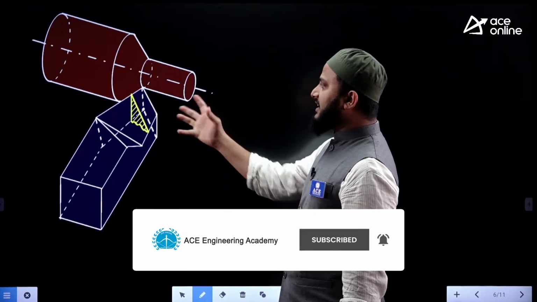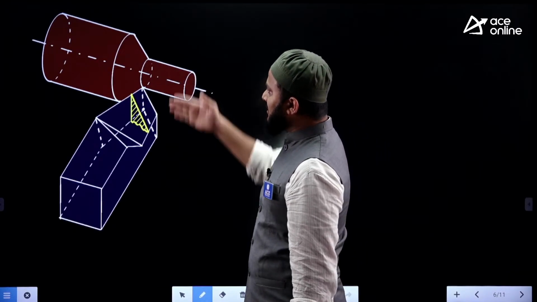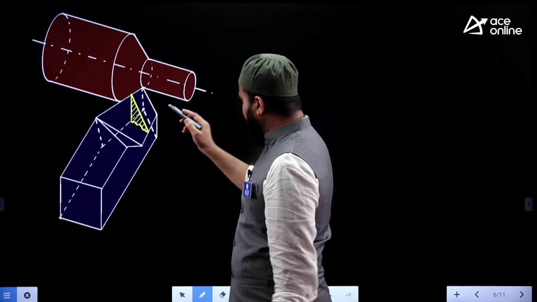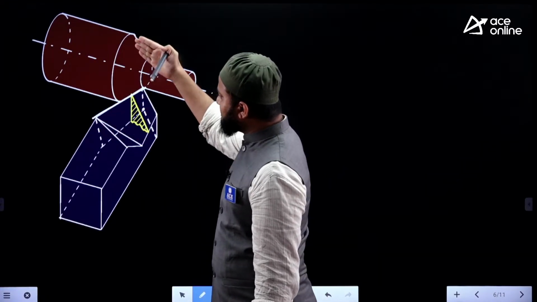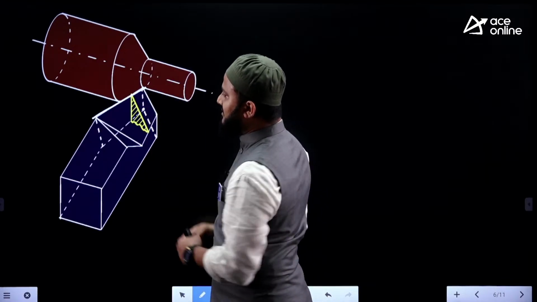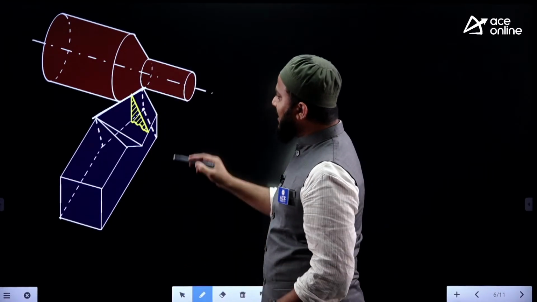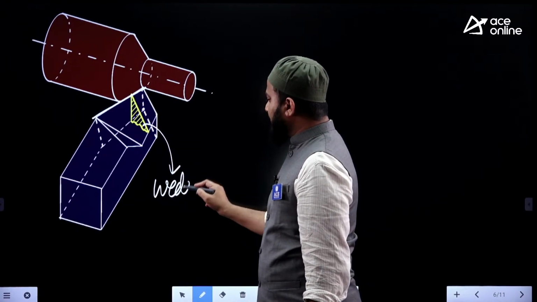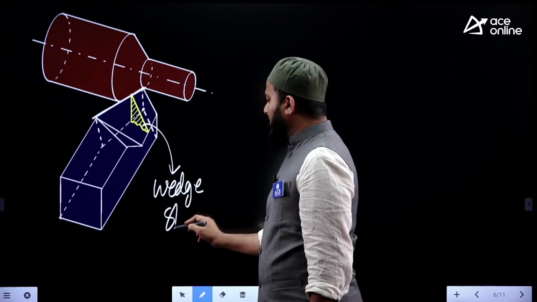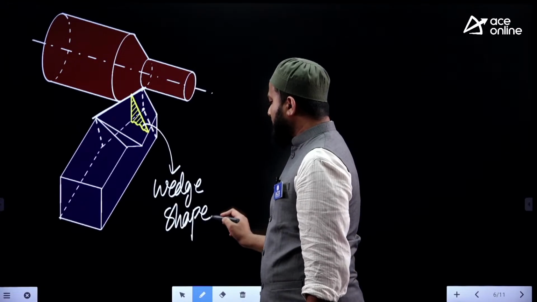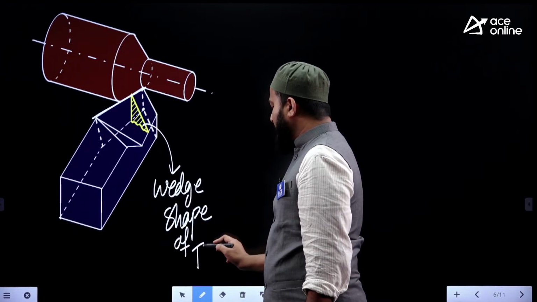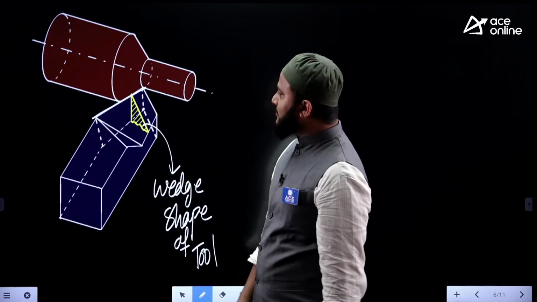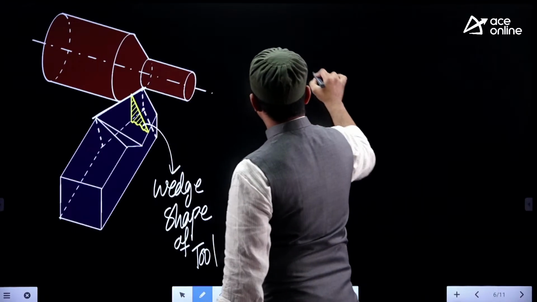That means on the 3-dimensional projection of the tool and workpiece, if I make the cut section with respect to the plane perpendicular to the cutting edge, that plane will contain the inside yellow colored portion of the tool, and we call that portion of the tool the wedge shape. Wedge shape of the tool. So on that plane, if you take the workpiece and tool together, we are able to notice